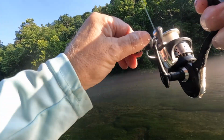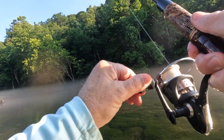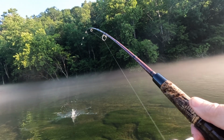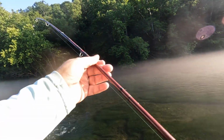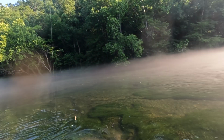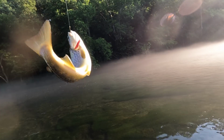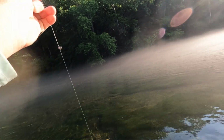That is another brown trout. Wow, we are wearing the browns out today. These are wild brown trout. These are not stocked. Yep. Oh, there goes the worm flying. Look at that. Another brown. That looks like about eating size. I'll keep that one for